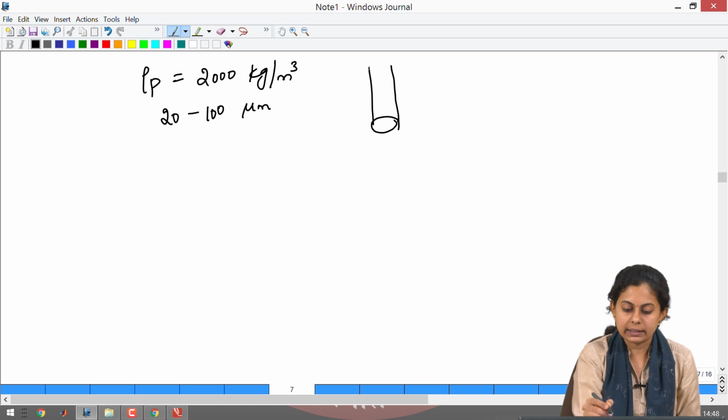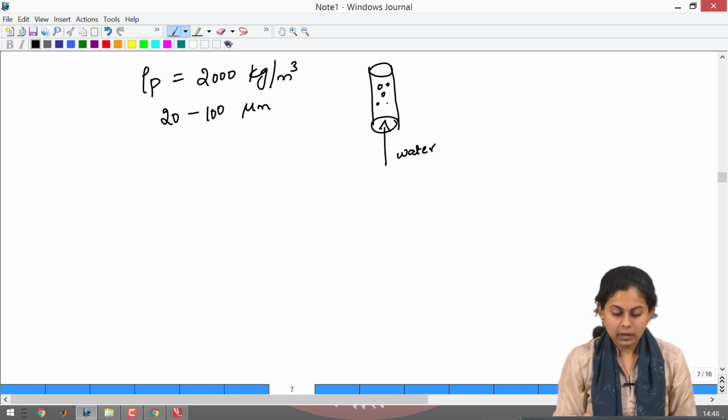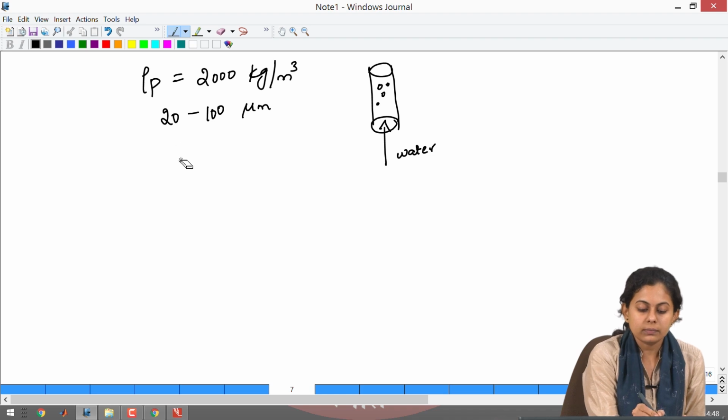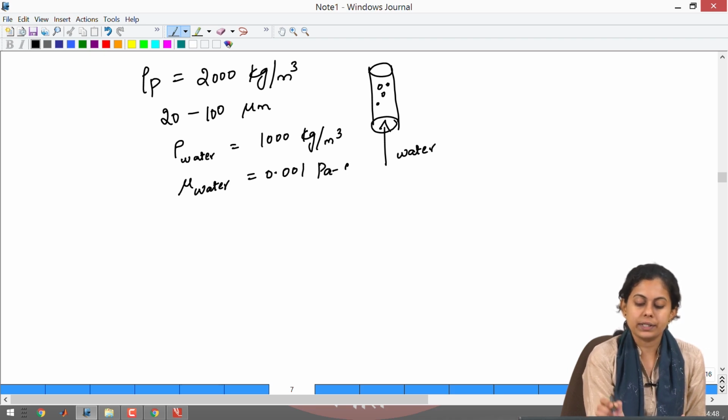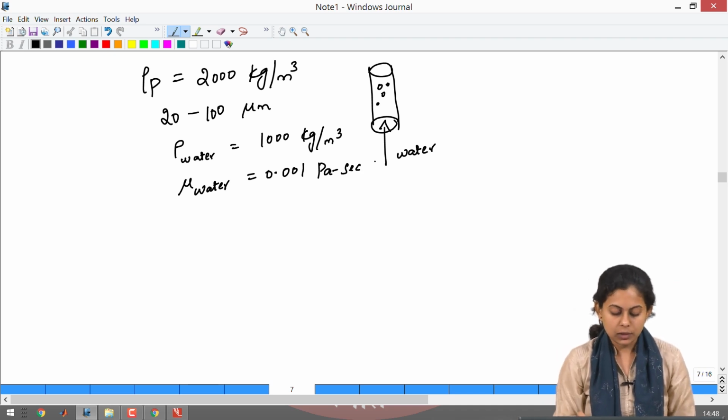So this is the schematic. We have water flowing upwards and we have particles, and the density of water is 1000 kg per meter cube with viscosity 0.001 Pascal second. Now we are asked to find the maximum water velocity which is required to ensure that no